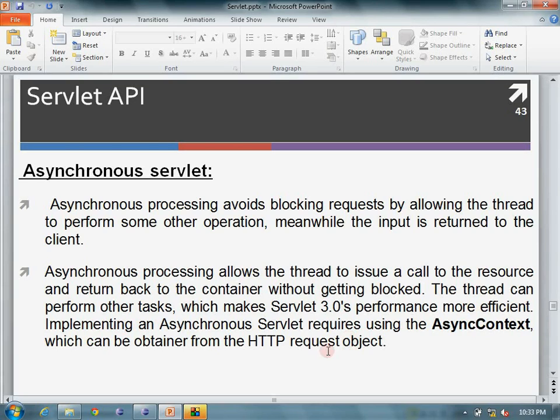basically asynchronous processing avoids blocking requests by allowing the thread to perform some other operation. So there will be no deadlocks. So the blocking will be avoided using asynchronous processing, where meanwhile the output is written to the client. So there will be no blockage when we use this concept of asynchronous servlet, which has come in a later version